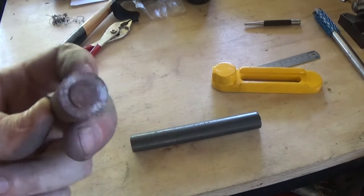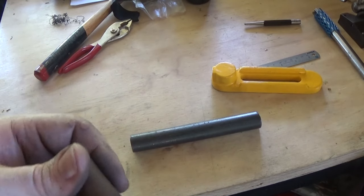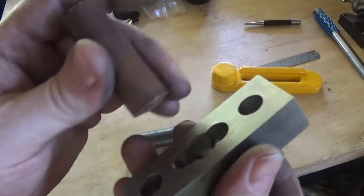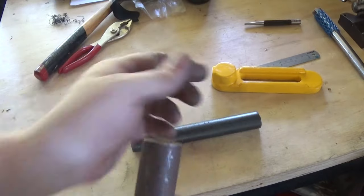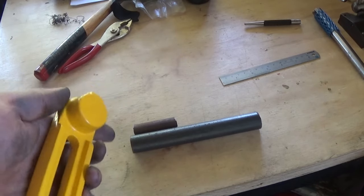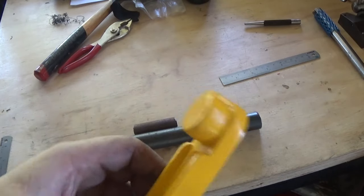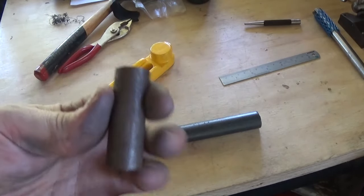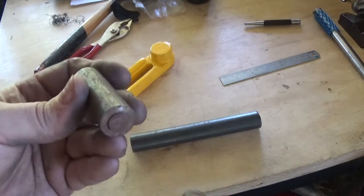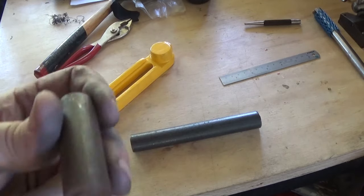Now I've got a bit of 3/4 stock here, which is long enough to do it, and I'm not going to do it like that. It's not going to be particularly neat. The reamer that I have to ream the casting is a fraction oversized, if anything. And if I ream the brass out and put this in, which is 3/4 stock, a couple of thou under nominal, we're going to have a fairly loose fit. It's not going to be a huge deal,